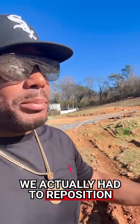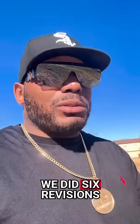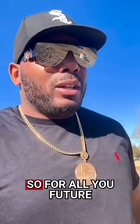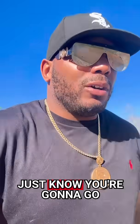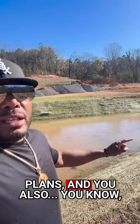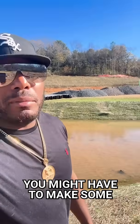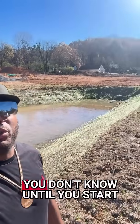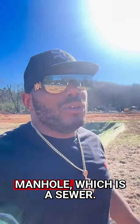We actually had to reposition how we had the house layout. We did six revisions of the site plan. So for all you future developers, aspiring developers, just know you're gonna go through a couple different site plans. And once you get under construction, you might have to make some changes then, because sometimes you don't know until you start building and digging. Like we had to order an extra manhole, which is a sewer,